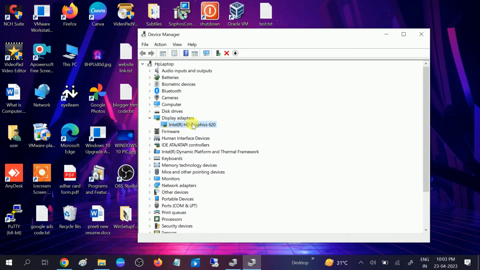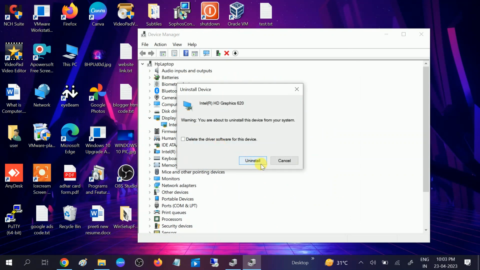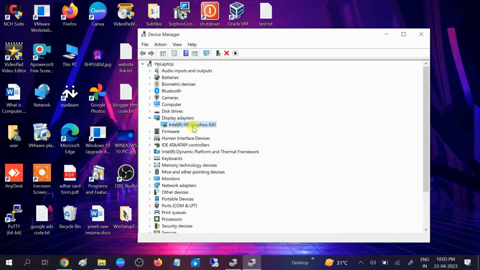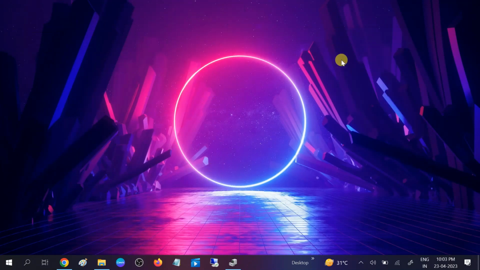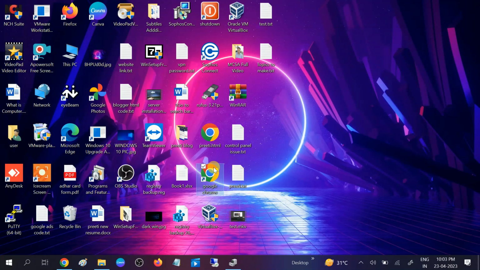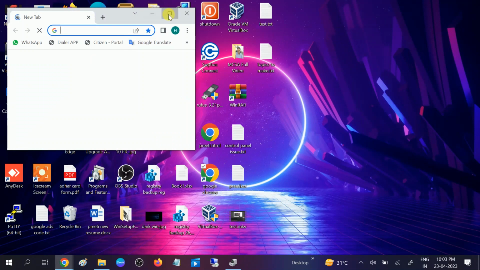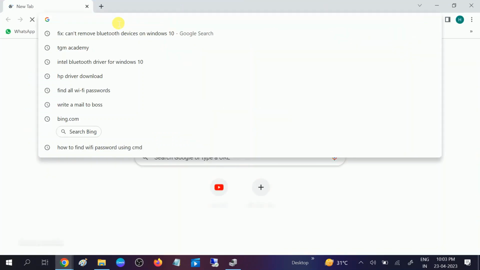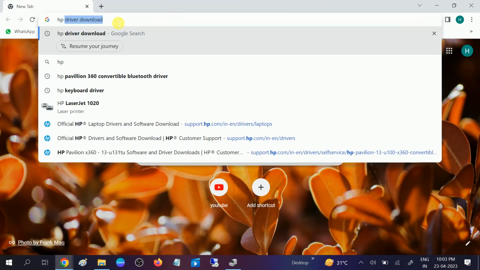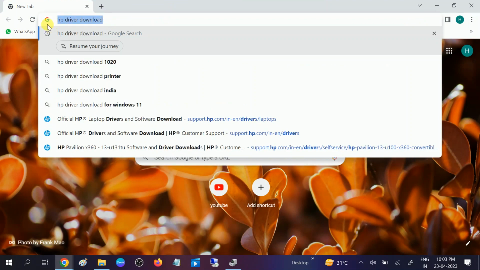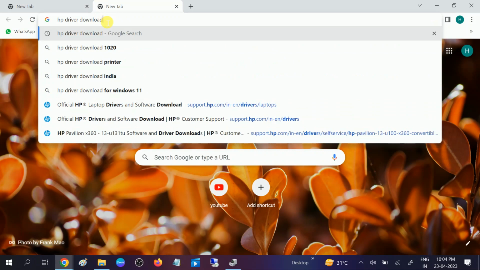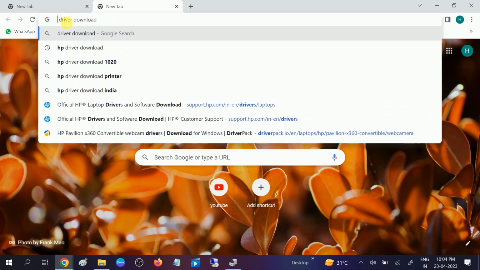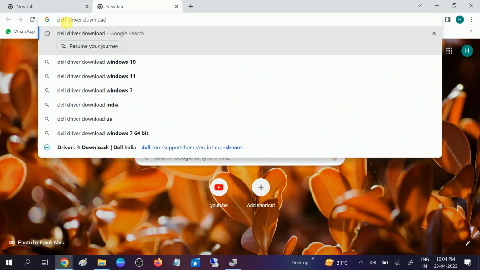If not solved, you can remove this driver, uninstall it, click on uninstall, and once the uninstall is done, you will see the Microsoft Basic driver. Now go to Google Chrome and look for something like HP driver download. I'm using an HP laptop. If you are using a Dell laptop, you can choose Dell driver download, like this,